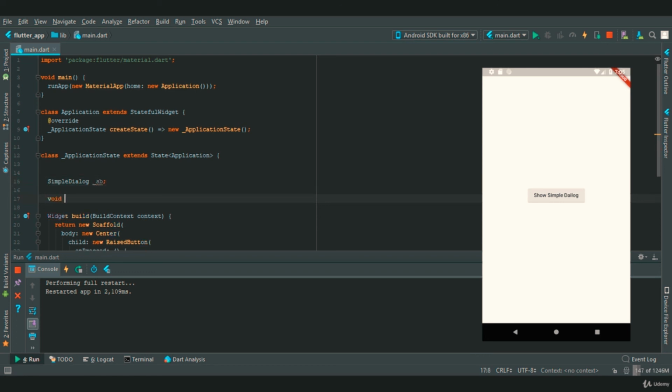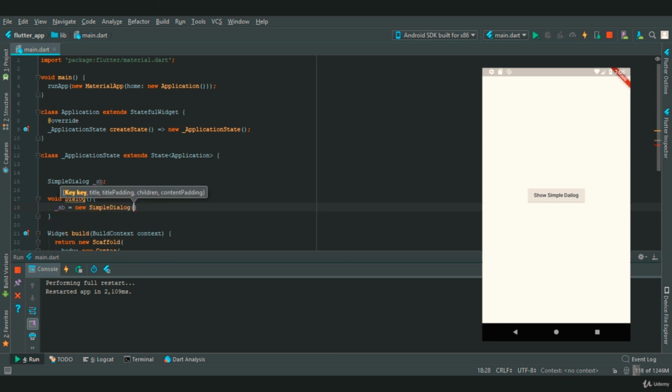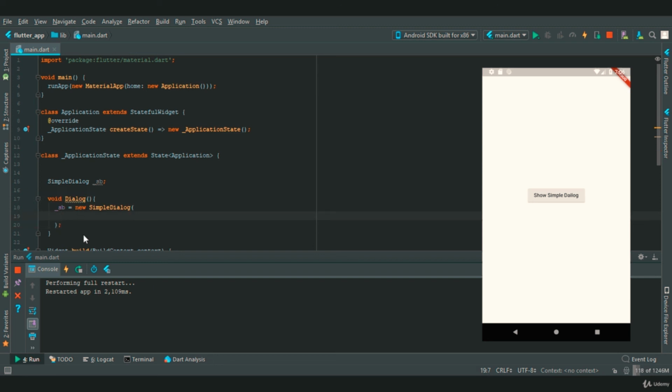The next thing is we are going to create a method, so we'll say dialog method, and this dialog method should be void. In this dialog method we are going to initialize this simple dialog, so we'll say sb is equal to new SimpleDialog widget, and this SimpleDialog widget requires two properties, which is title, and the second property is children.